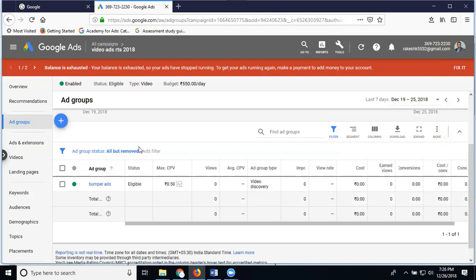If you go with a video of more than 6 seconds, up to 15 seconds, more than 6 seconds and less than 15 seconds, that is called CPV.